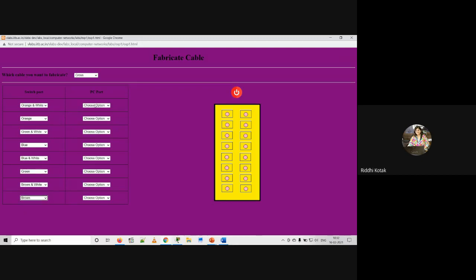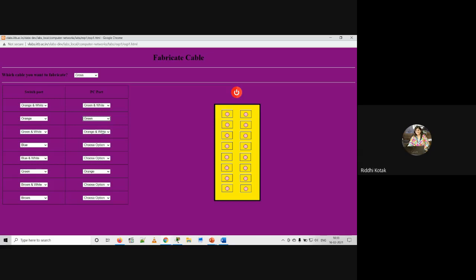Now at the receiver end, we will go with the sequence. So at the first position we have to select green and white. At the second we have to select green.